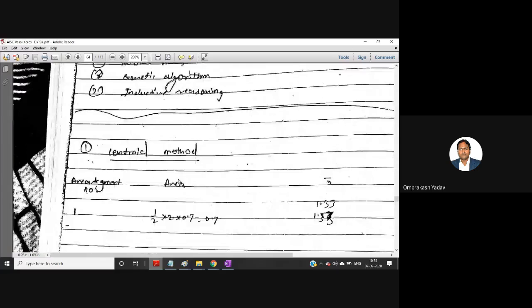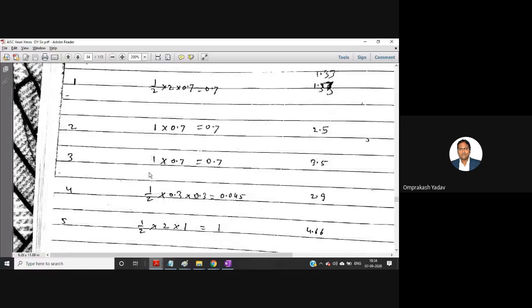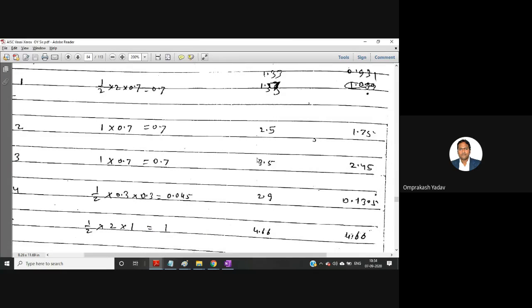So we are calculating the area for this one, the third one, and this is the bigger rectangle, and the height is 1. So 1 into 1, the area will be 1. Please correct this. So you will get 1. This is not 0.7. This should be 1, and then you can determine the X bar. X bar will be 3.5, and then just simply multiply it by 3.5 into 1. So you will get here 3.5.